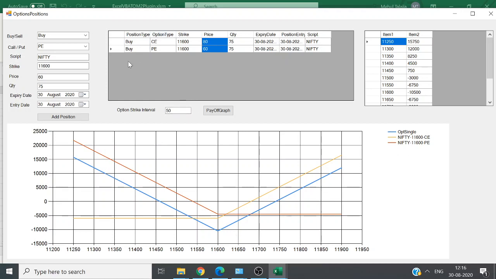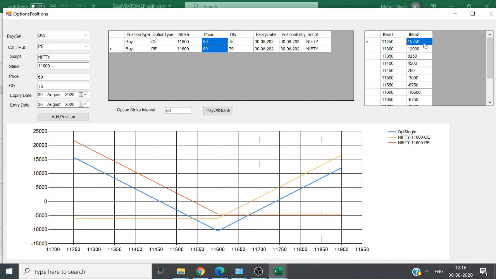So you can add unlimited strikes over here. I have tested with 5 or 6, but I think it can work till 10 strikes. But after that, more and more lines will be there in your graph. So you have to see what each line is denoting. The blue line is denoting your actual profit or loss, this line is denoting your call profit or call loss, and this is denoting your put profit and put loss.